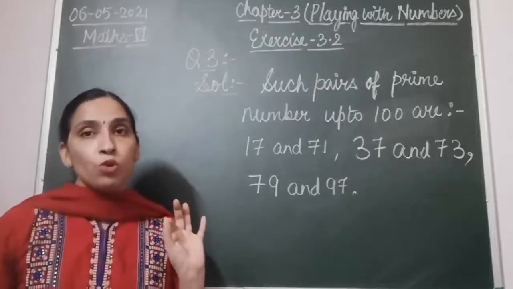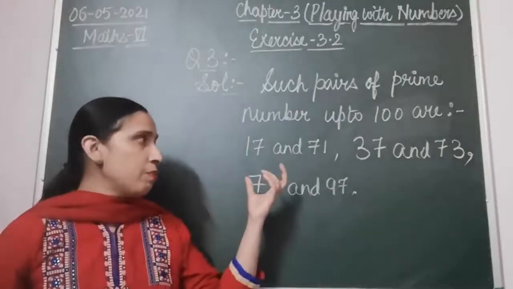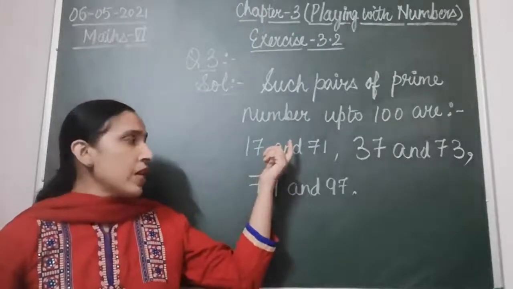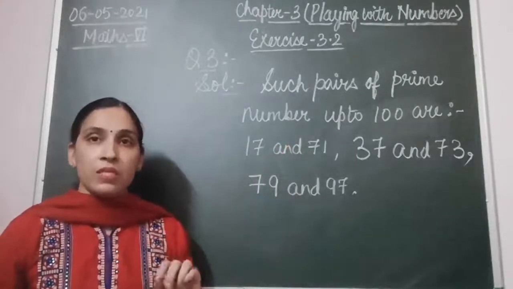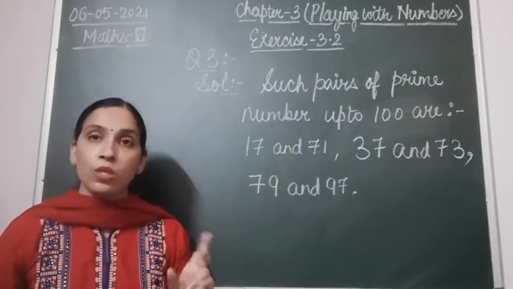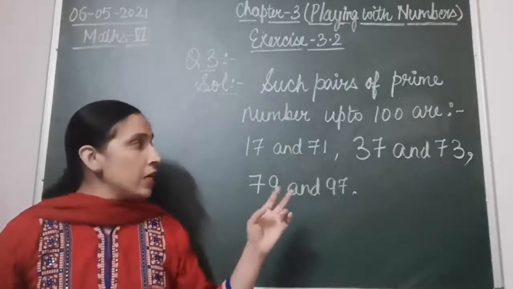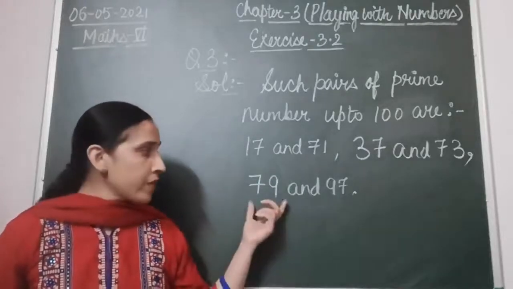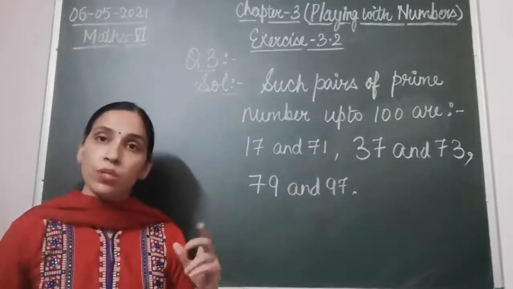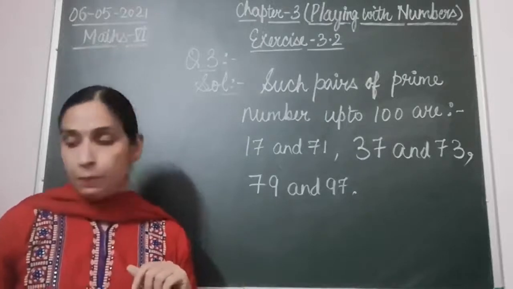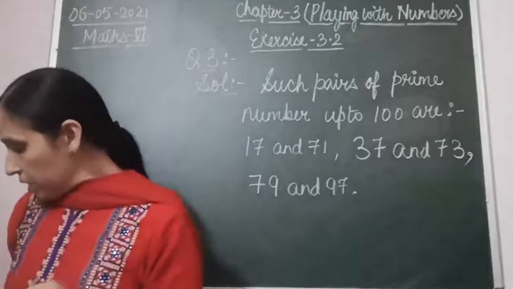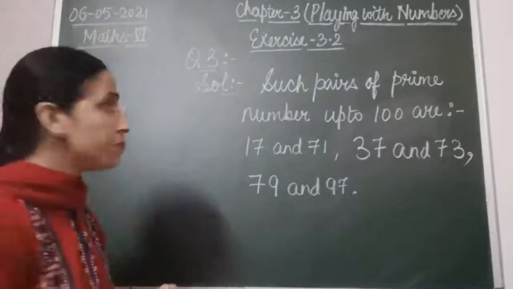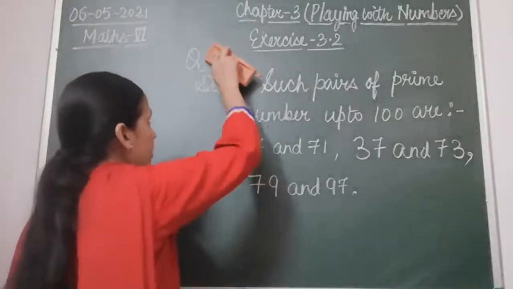are there. So you have to find such a pair from up to 100 which have the same digits. 17 and 71 both are having 1 and 7. 37 and 73 both are having 3 and 7. 79 and 97 both are having 7 and 9. So we have done question number 3. Now let's come to question number 4. Now question number 4 is,